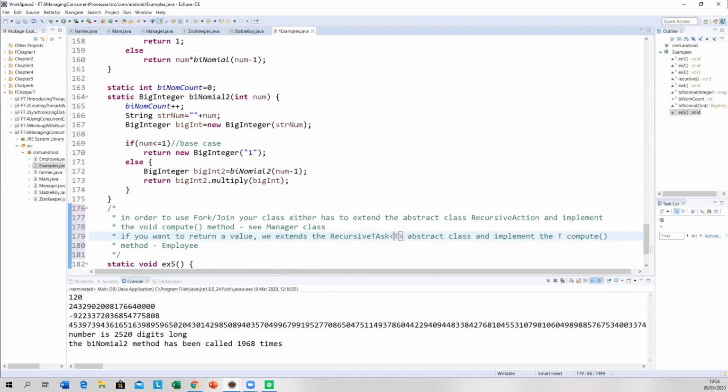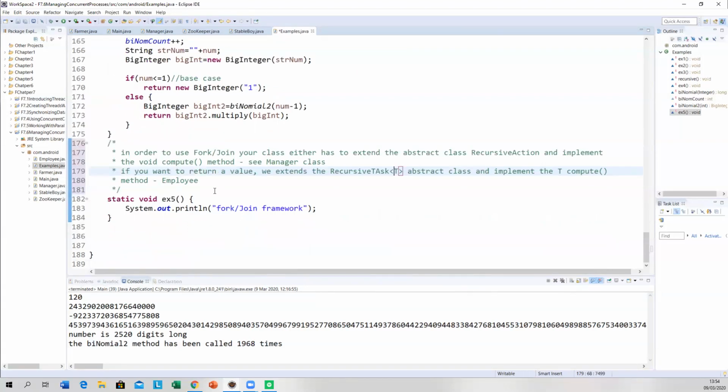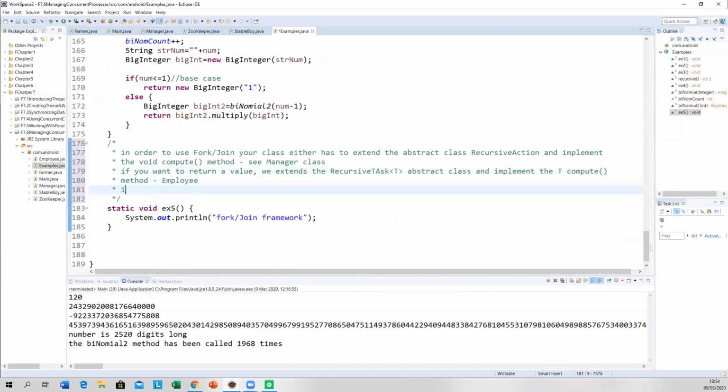Yes? Okay. Now, what are we trying to do in this? So I'll just say what fork is. Fork is assigning a task or tasks to a new thread.